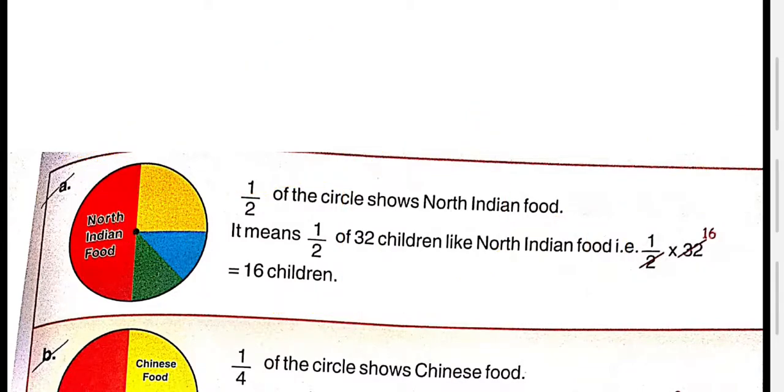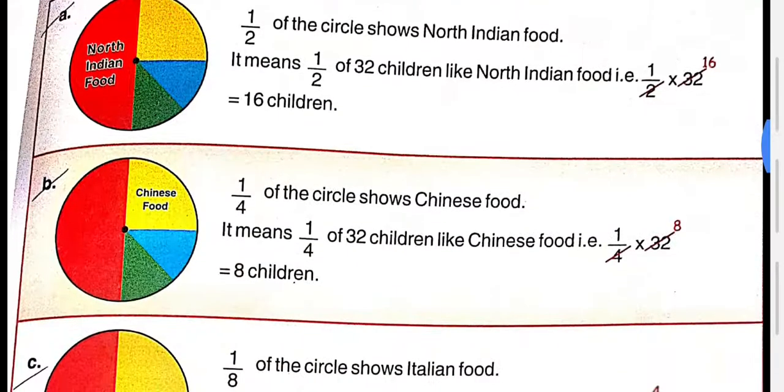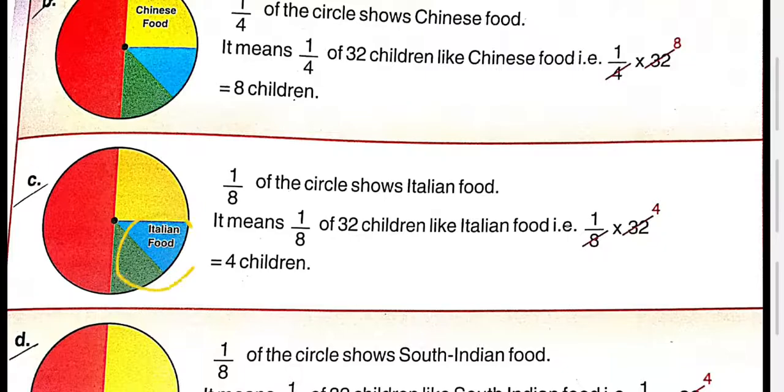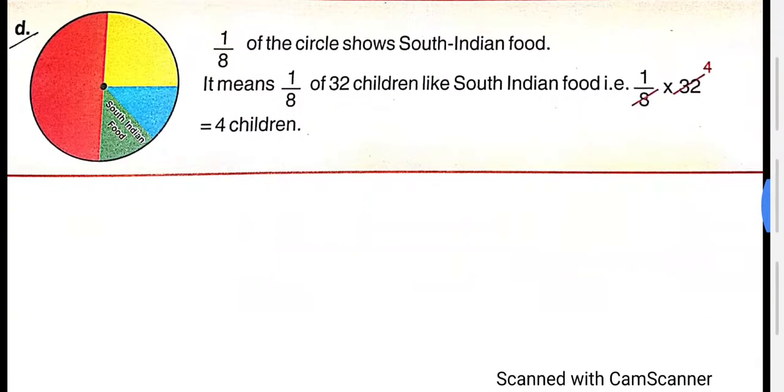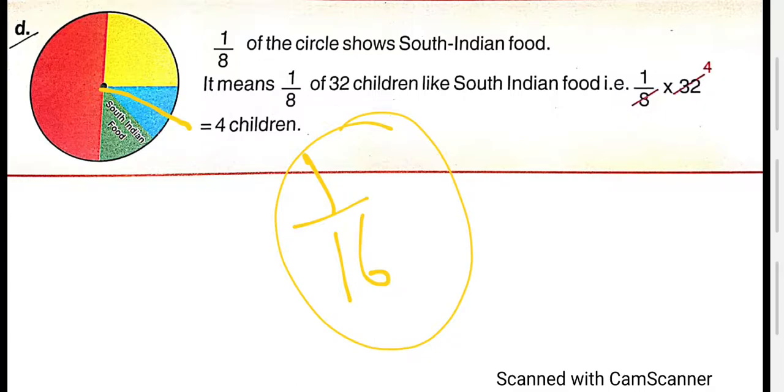So what fraction is represented by the red part? The red part represents only 1 upon 2. What fraction will be represented by the Chinese food, that is the yellow part? That is 1 upon 4. And what fraction is given by the Italian food, the blue part? It is 1 upon 8, as I told you. And the South Indian part is also 1 upon 8, because this 1 upon 4 you put into 2 parts, it becomes 1 upon 8. Suppose if you divide this 1 upon 8 part again into 2 equal parts, then it becomes 1 upon 16. But this type of question is not coming, only up to 1 upon 8.